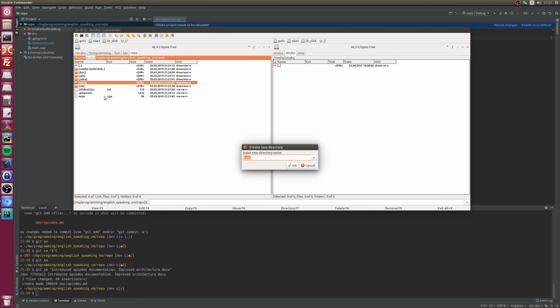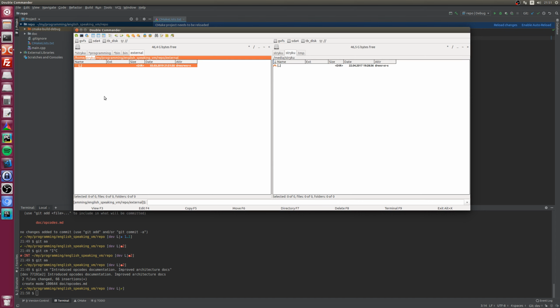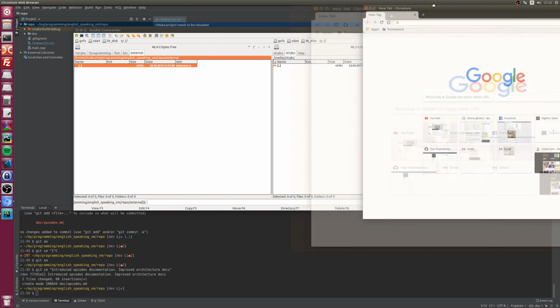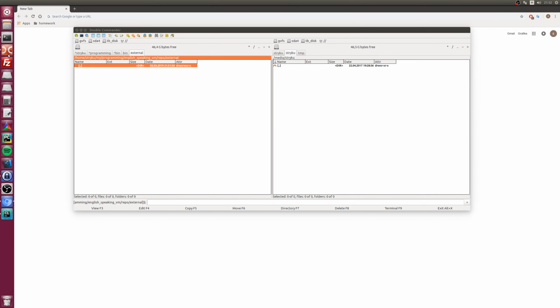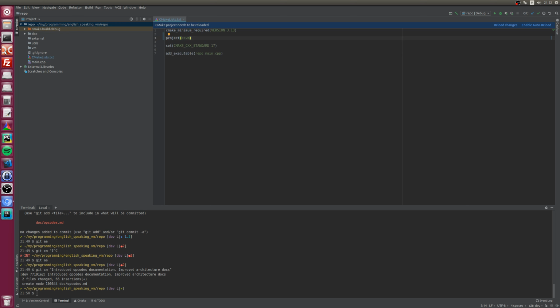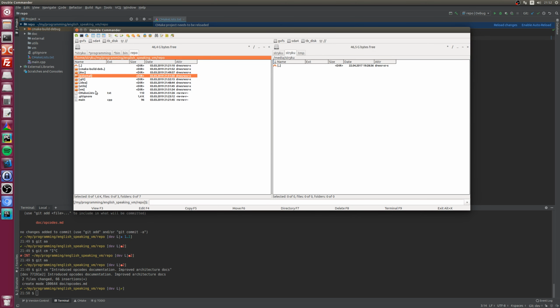Now let's create utils and external, because in external I'm going to have the Google Test source code, because I often program outside of my house, mostly without internet, so I'll just include the whole Google Test source code here in my repo. But yeah, not now. So yeah, utils. In utils I'll have some utils, of course, and the virtual machine.